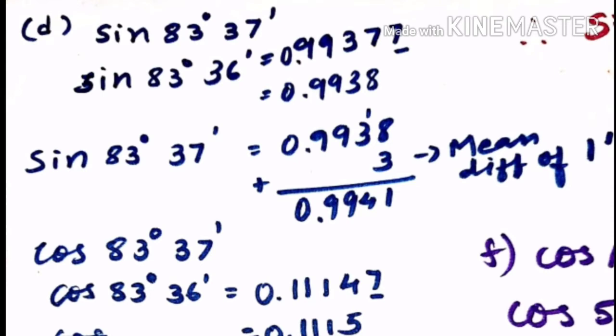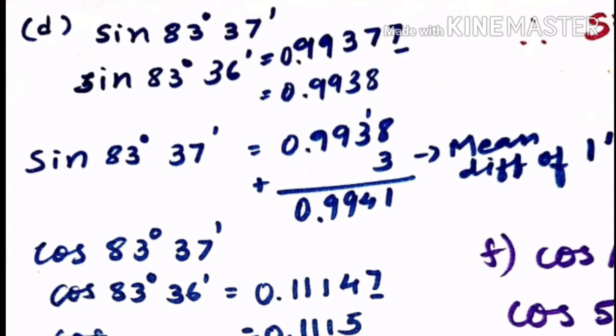Here you will say that we don't need 36 minute, we need 37 minute. Yes, but 36 minute is nearer to our 37 minute, so we will take it. So here the value is 0.99377. After rounding off I have written, see, at the fifth value every time I am underlining, so you can understand that that number we will remove and we will add 1 to the previous number if necessary for rounding off. I think all of you know how to round off the number up to 4 places.